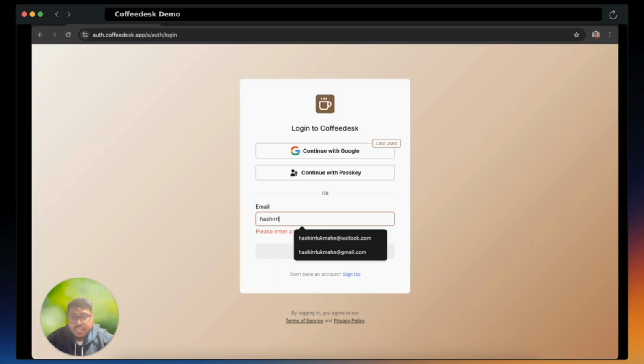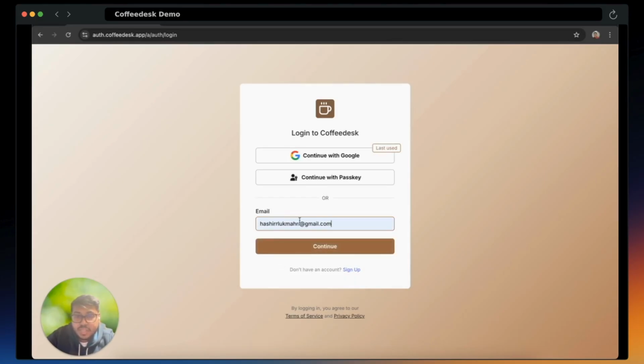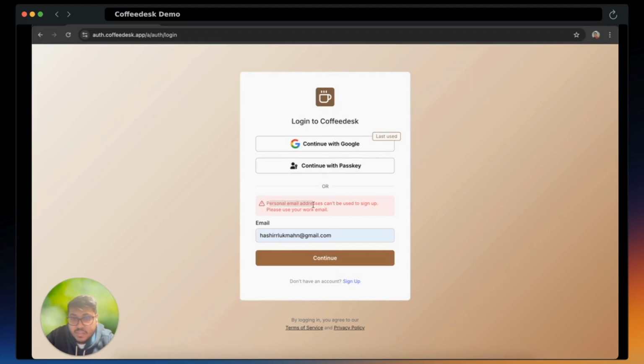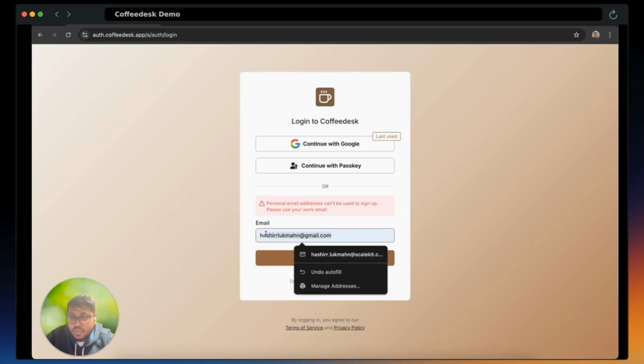So in this case, if I were to use my public domain email, hashirlukman@gmail.com, Scalekit will enforce this automatically at signup, so Coffeedesk doesn't maintain or allow regex rules. So if I click here, it's going to show that personal email addresses can't be used to sign up. Please use your work email. So now, if we log into Coffeedesk